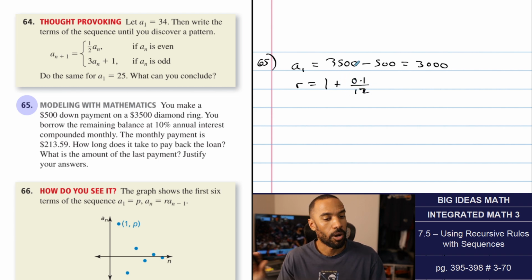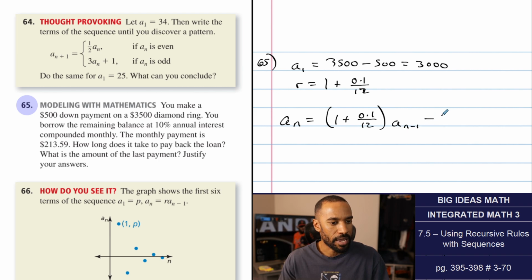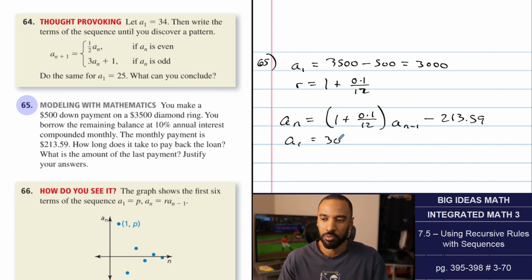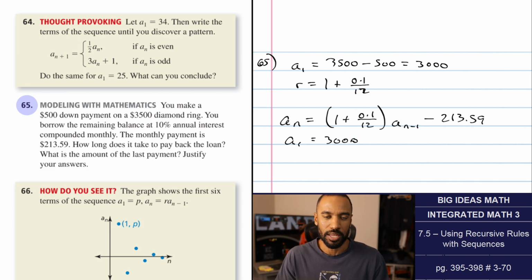I multiply each time. But we are making a monthly payment of $213.59. So when it comes to this sequence, I'm going to do one of these again. 1 plus 0.1 over 12 times the previous number, and then minus $213.59 like that. My a sub 1, of course, is 3,000. I'm just going to write it right below. So that's not what they wanted. They do want to figure out how long it takes to pay back the loan and what's the amount of the last payment. So if I did the spreadsheet again,